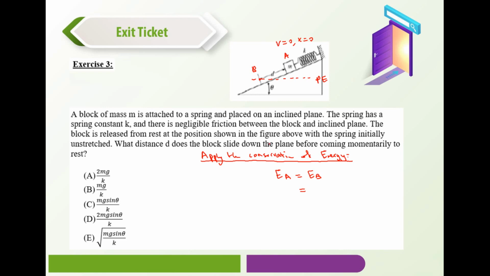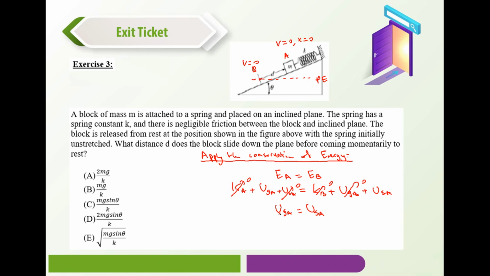Now the energy at the point A would be given by kinetic plus gravitational plus elastic, and the energy at the point B is given by kinetic plus gravitational plus elastic. Now at the point A we don't have speed, so that would be 0. We don't have elongation or compression, so that would be 0. Then it's only gravitational. At the point B it comes momentarily to rest, so the speed is 0, which means this is 0. It will be passing through the PE level, so that would be 0 as well. So we're left with